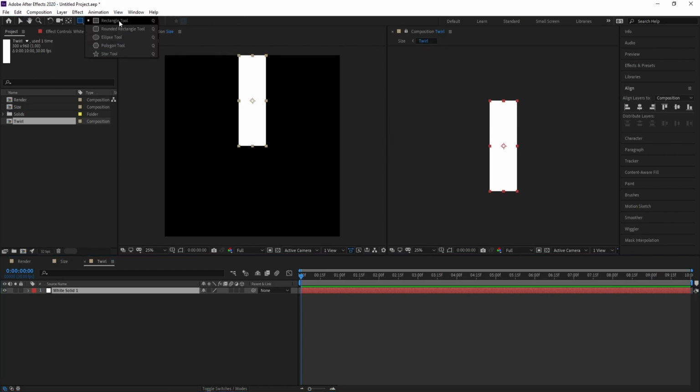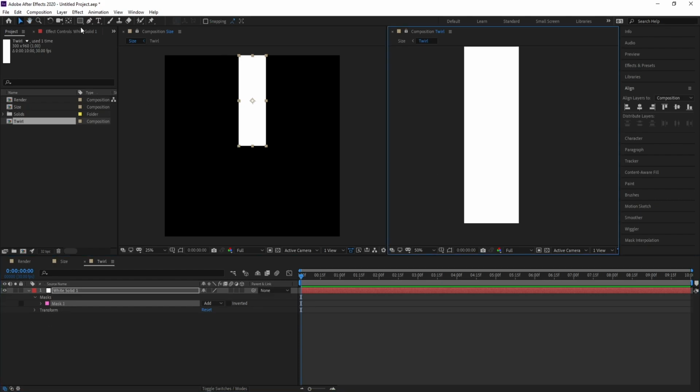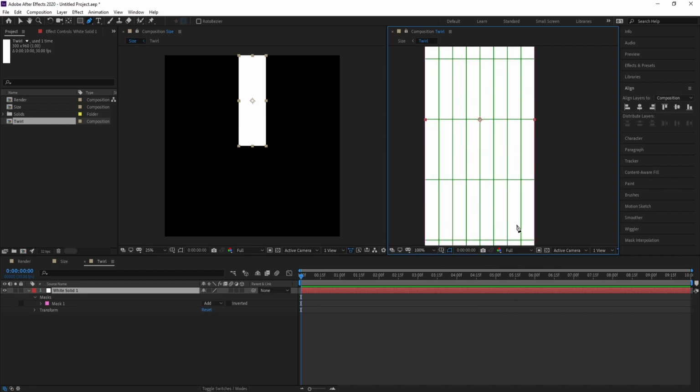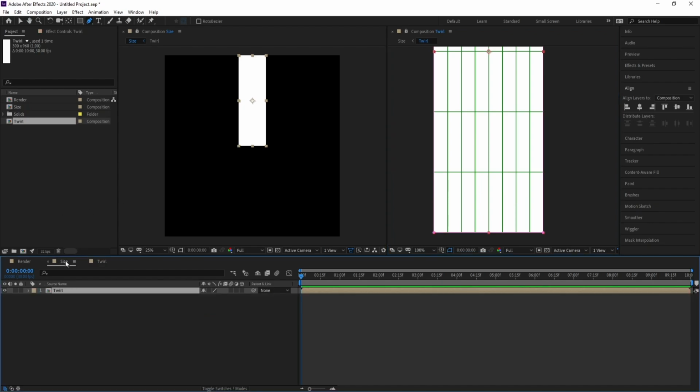Okay, now I am on twirl. Go to a rectangle tool and press Ctrl, double click to add a mask. Okay, I can't see the mask, I don't know why. This is our mask, and I'll open grid like this. Okay, so now I'll go to size and